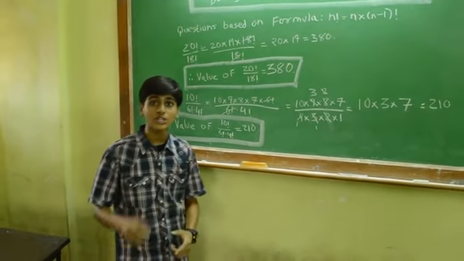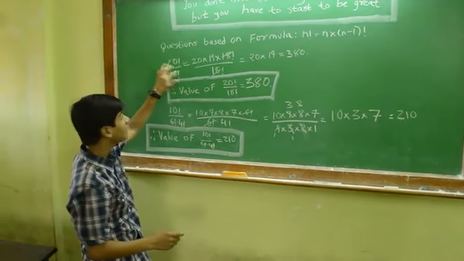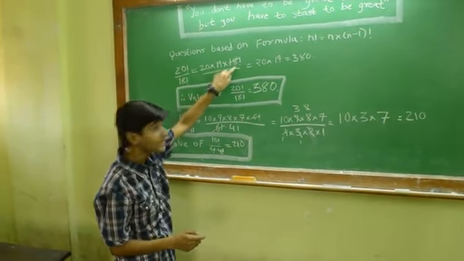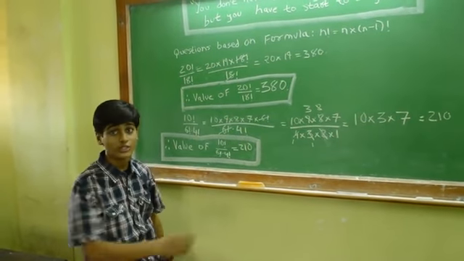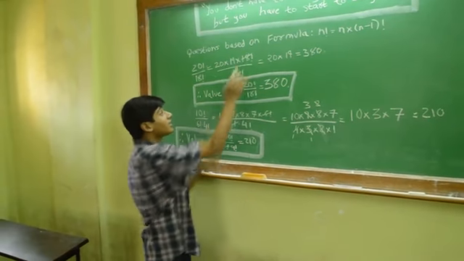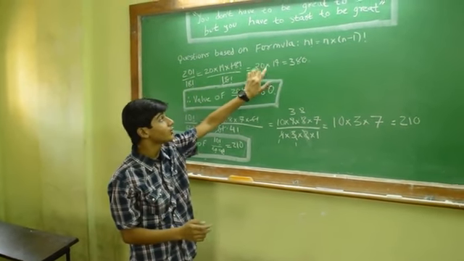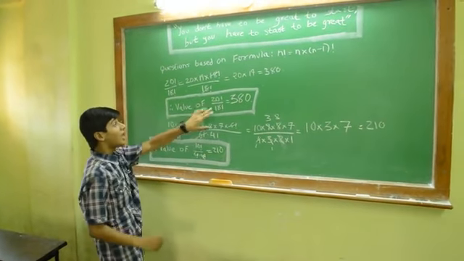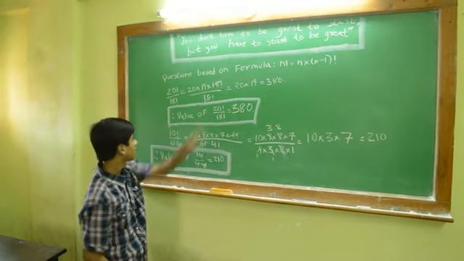If you are given a question: 20 factorial upon 18 factorial is how much? So 20 factorial, as we know, is simplified as 20 into 19 into 18 factorial, as the denominator consists of 18 factorial. So to cancel it, we are going till 18 factorial. So this would be cancelled out, 20 into 19, that is equal to 380. That's our final answer. The value of 20 factorial upon 18 factorial is 380.